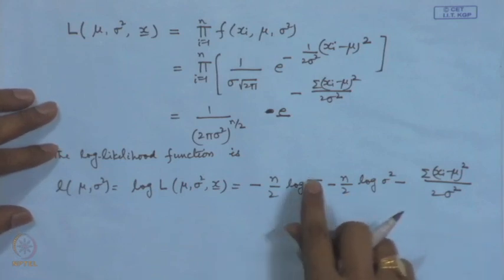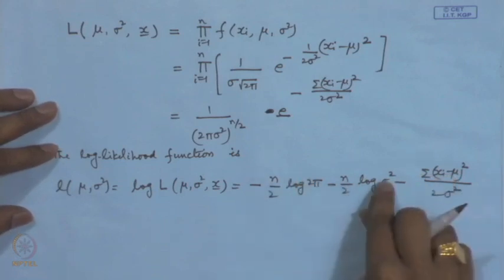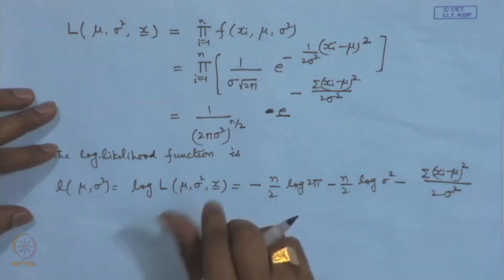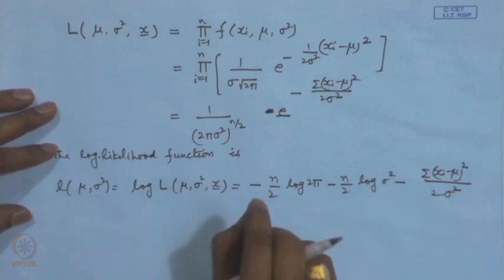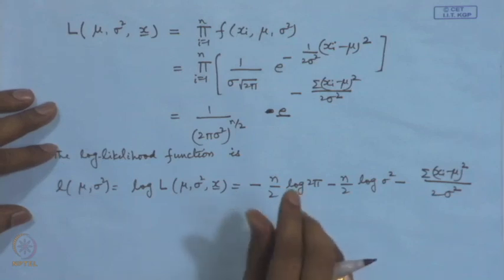This function involves mu and sigma square, two variables. We need to maximize this with respect to both mu and sigma square. Since this function is still a very nice smooth function, we can still use the direct calculus methods, for example, by taking the first order derivatives and putting them equal to 0, they are giving us the likelihood equations. The solutions of that will be the points of minimum or maximum, which we can check separately, that they would be actually leading to the maximization points, they will not be the points of minimum.